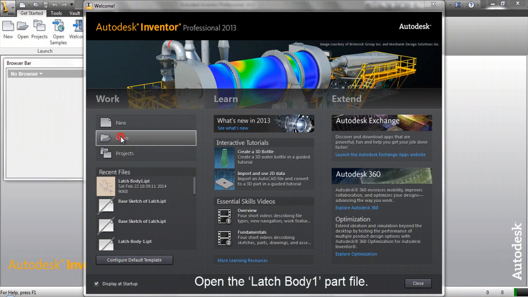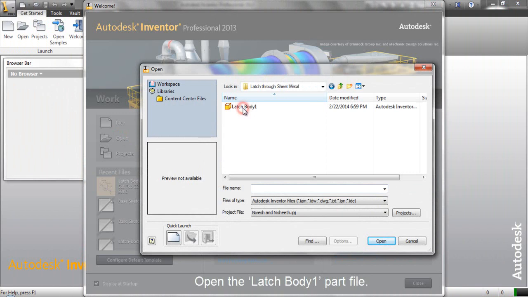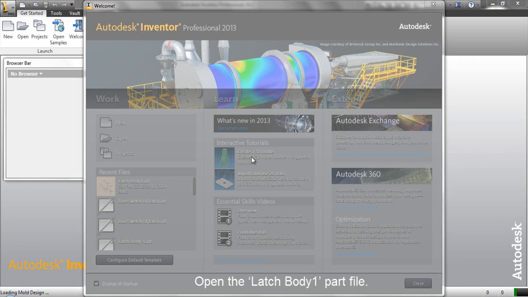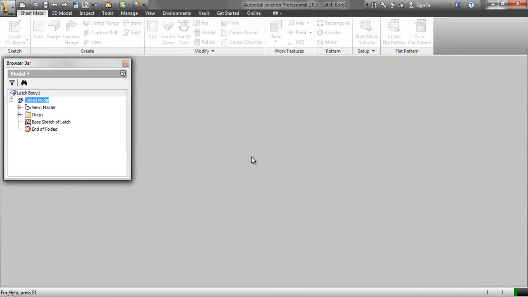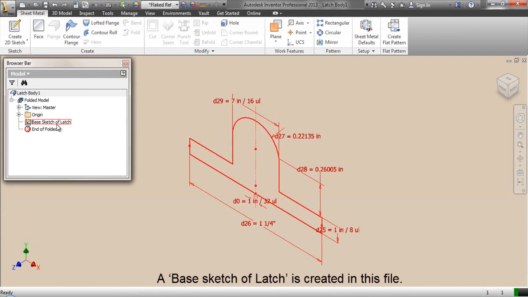Open the latch body 1 part file. A base sketch of latch is created in this file.